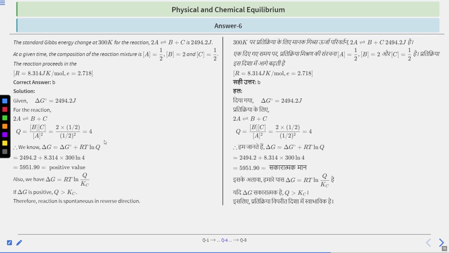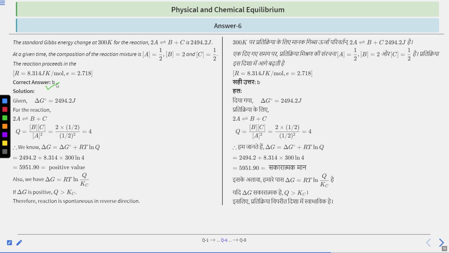Okay, so the correct answer will be option B. We have been given the del G naught value, which is 2494.2 joule, and a reaction 2A will give you B plus C. For this reaction, the quotient Q will be equal to B concentration into C concentration divided by the square of A concentration. On putting the values, we have Q equal to 4, and therefore we know that del G is